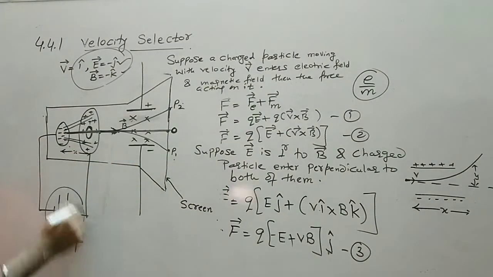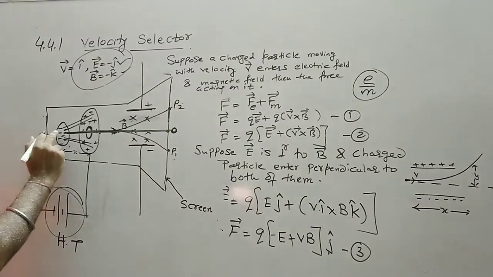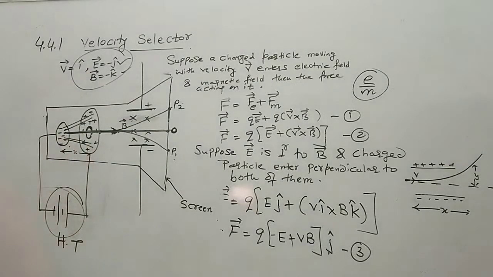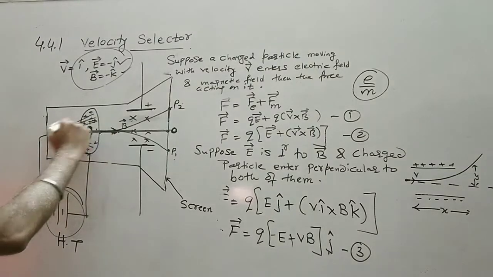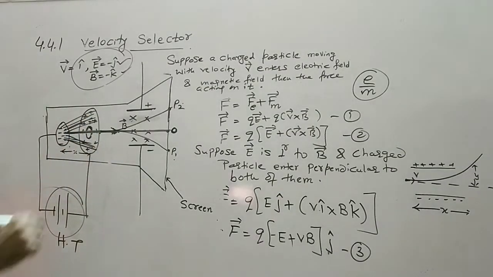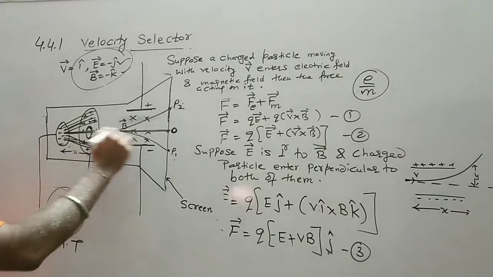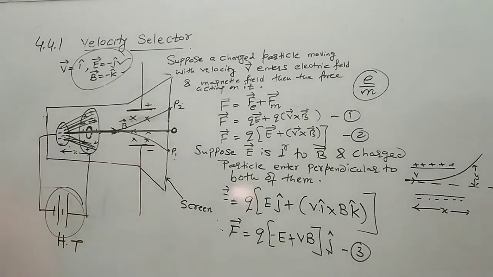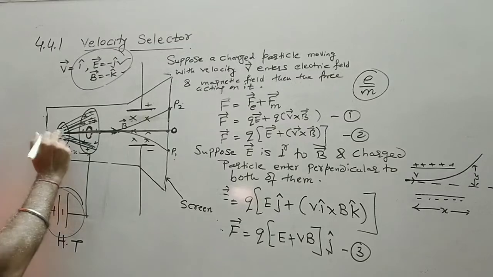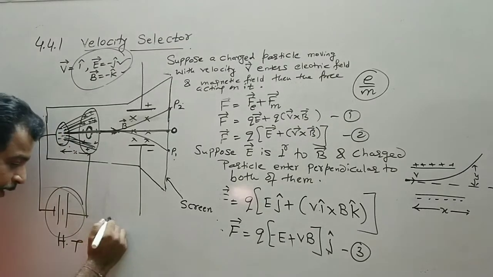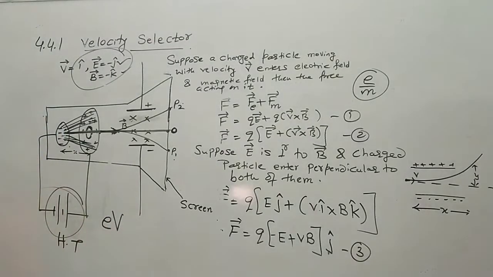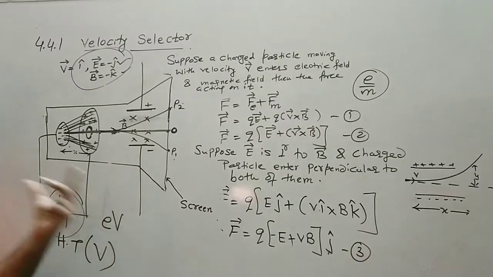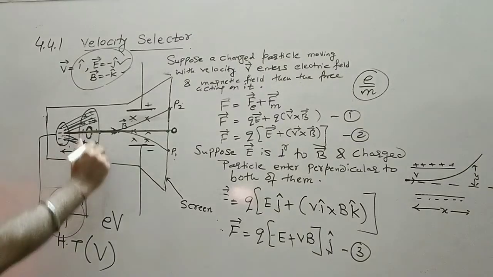So, when we apply a high tension, the emission of electrons takes place from low potential to high potential. Few electrons will neutralize this effect, but most of the electrons, which will be called a beam of electrons, will pass through it. So you are providing the energy. Emission of electrons takes place, and the energy of this electron is eV, where V is the potential, the high tension. So that is eV, the energy of an electron.